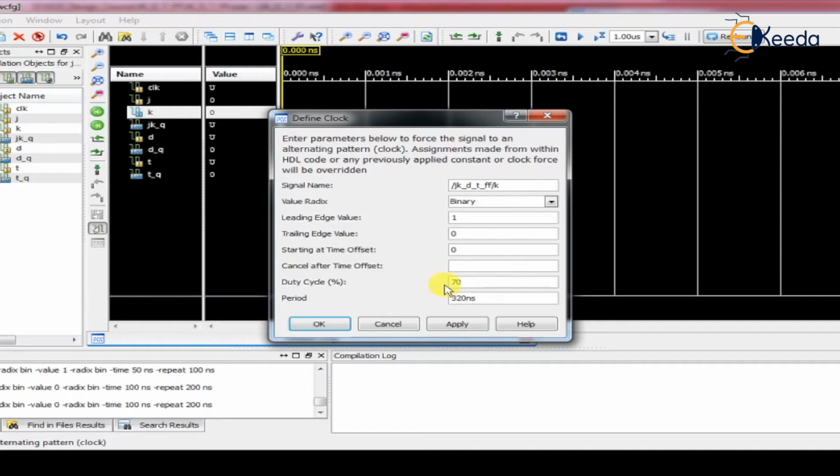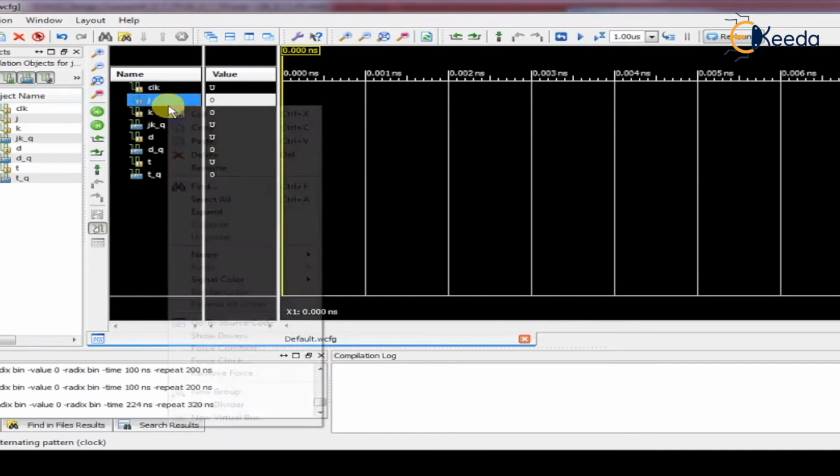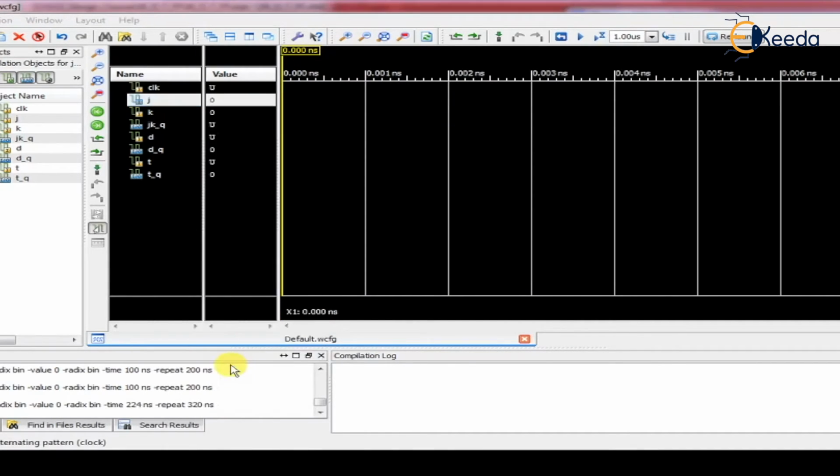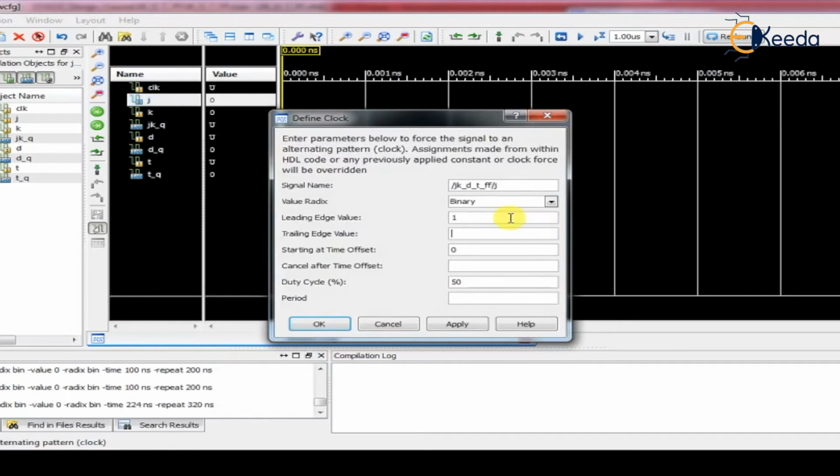I forgot to change the duty cycle for the J input, so let's change it again. So J again, force clock 1 0, and the duty cycle here I maintain as 30. So different combinations will be generated automatically, so every time there is no need to assign the logic 1 0 1 0.